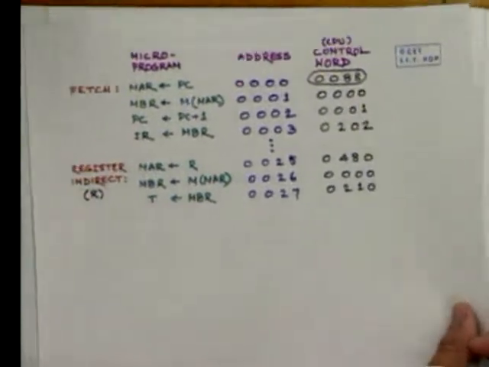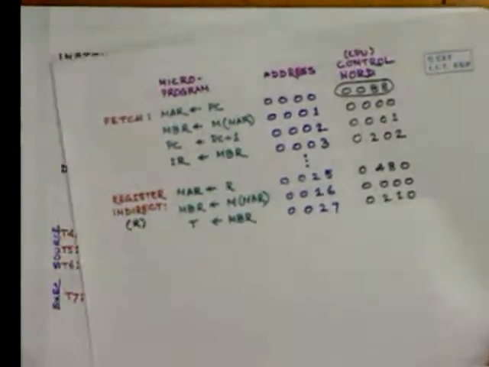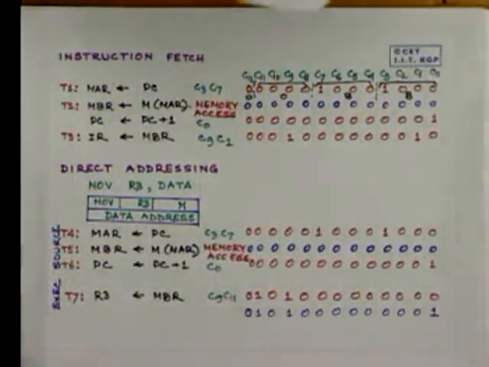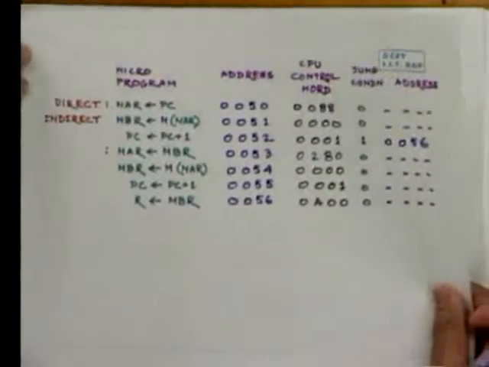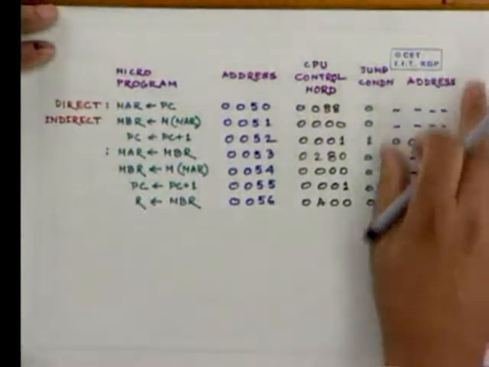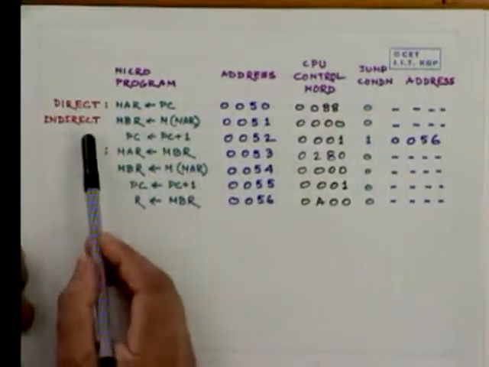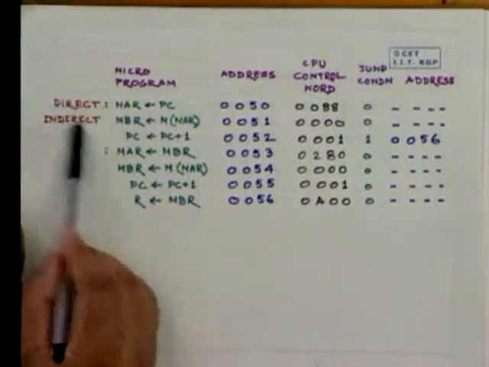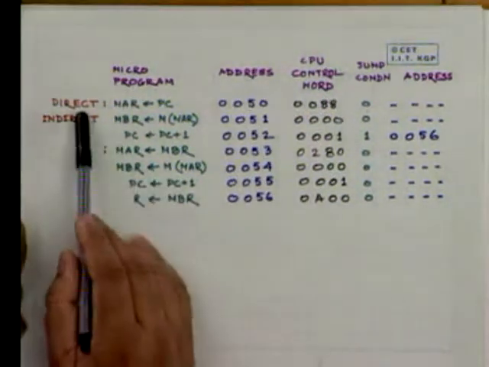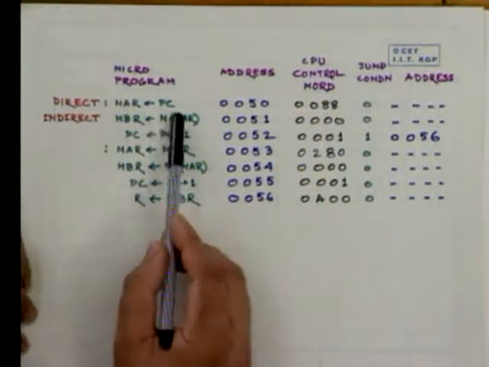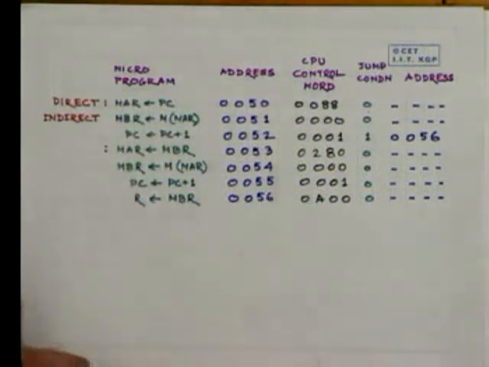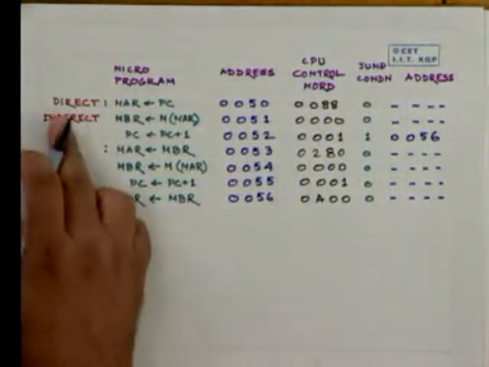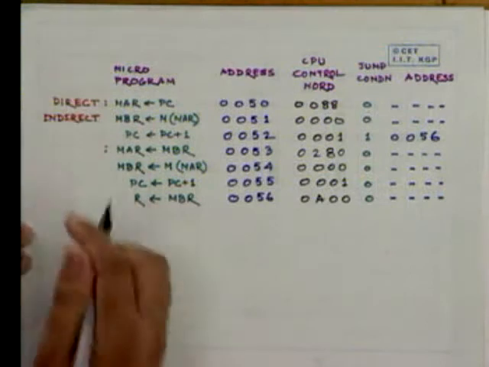Now, let us take another example, say this situation, the microprogram for the addressing mode direct, indirect. Okay. If it is direct, let us see what happens. The program counter should go to MAR because, for example, in the case of direct addressing, the situation is